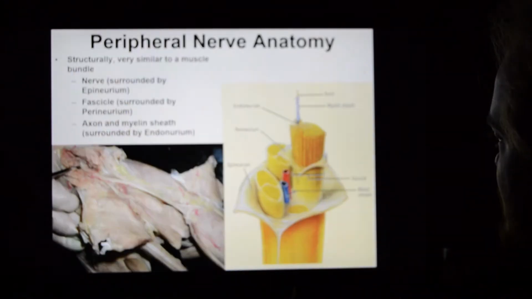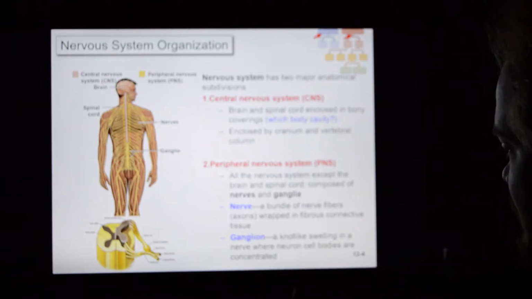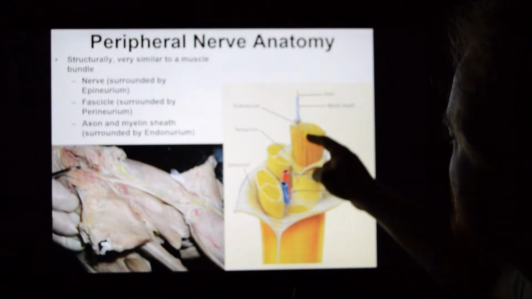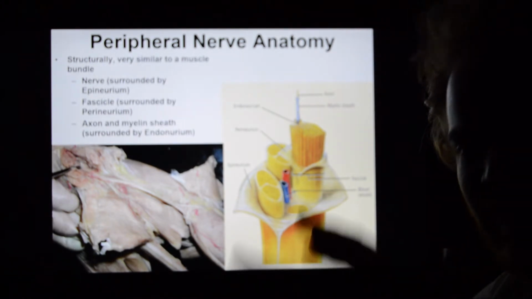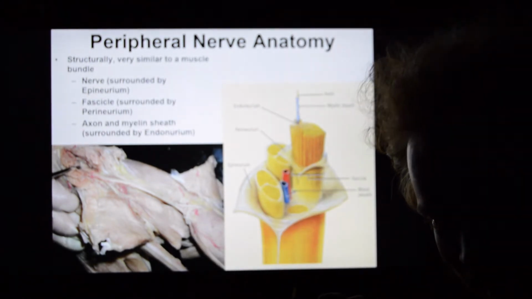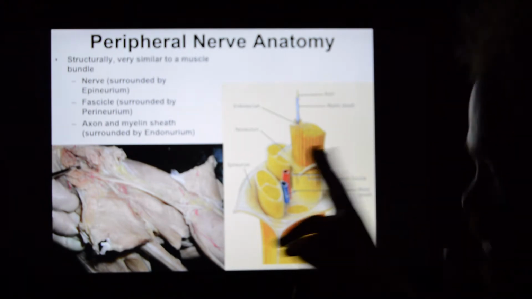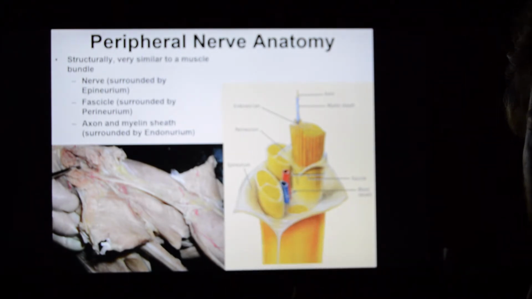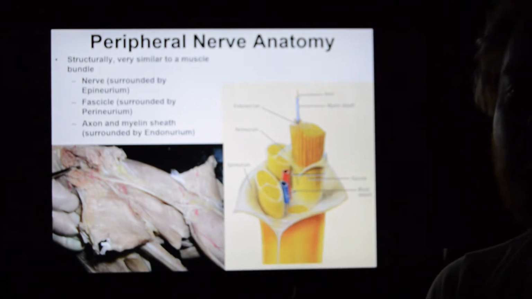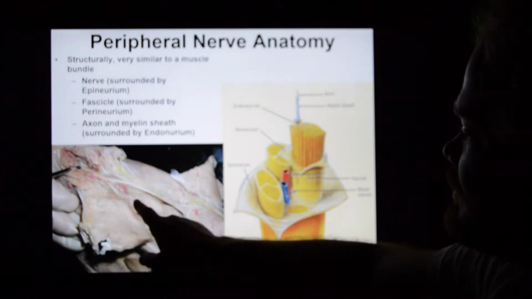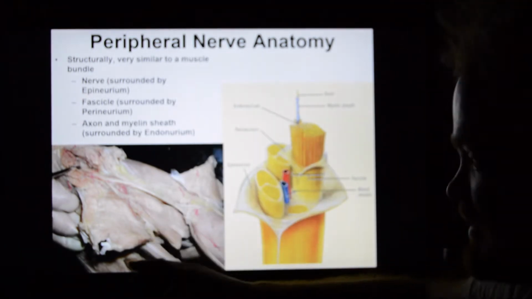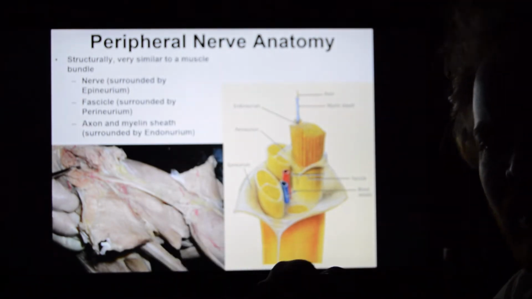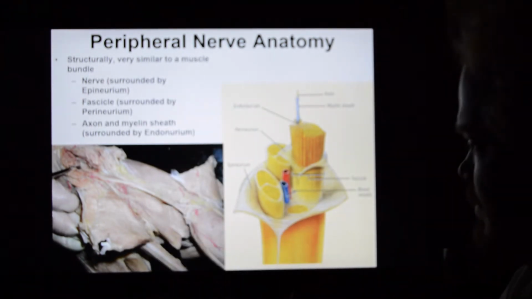Nerves, do I have an image for nerves? I do, good. Nerves are big bundles of axons. You know that a neuron, which is a nerve cell, has dendrites, a cell body, and an axon. A nerve is not a microscopic thing. When you hear somebody say they got a nerve cut, or they have a nerve issue, this is a nerve in a cat's leg. They are big, they are substantial, and hard too. They're tough. It's hard to pull them apart.